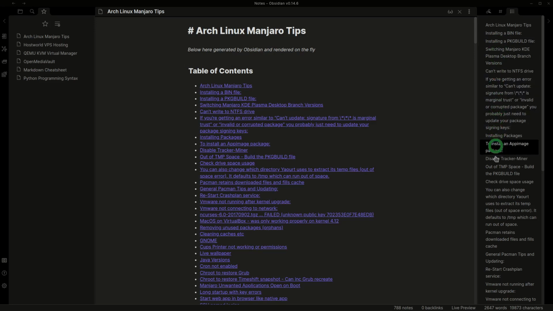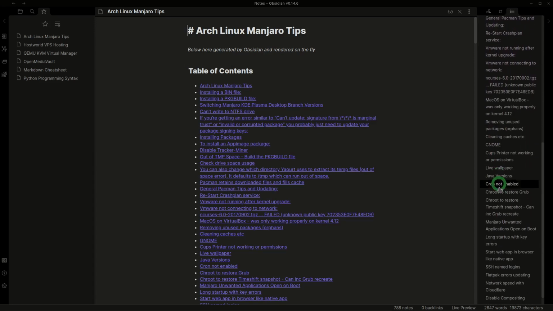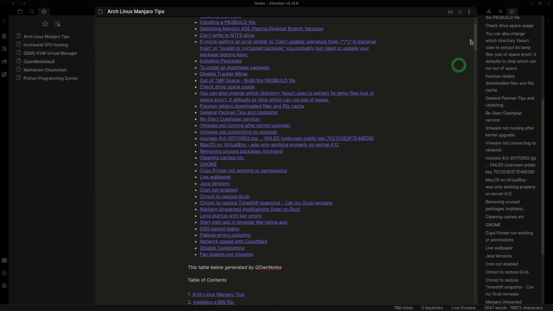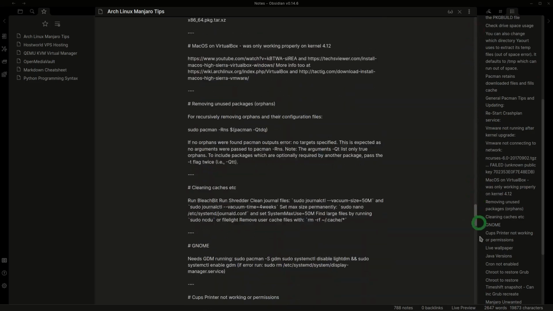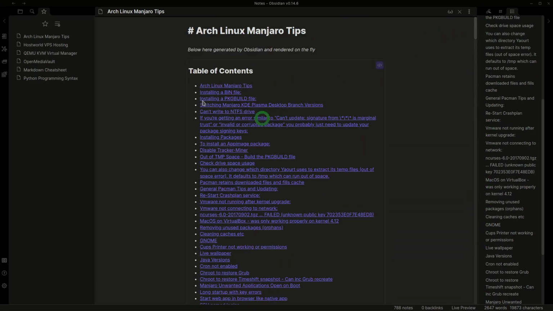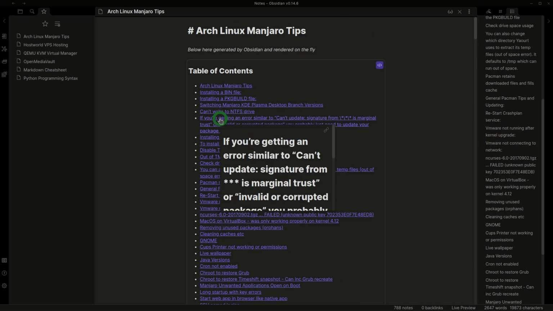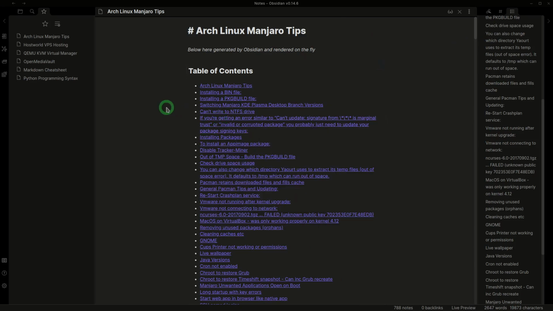So you'll see here, these are all the headings. There's a tremendous amount of headings actually, and the note is very long. You'll see also, by the way, he has a table of contents. One of the community plugins you've got for Obsidian will generate it on the fly. You just put TOC inside. I think if I look at the text,